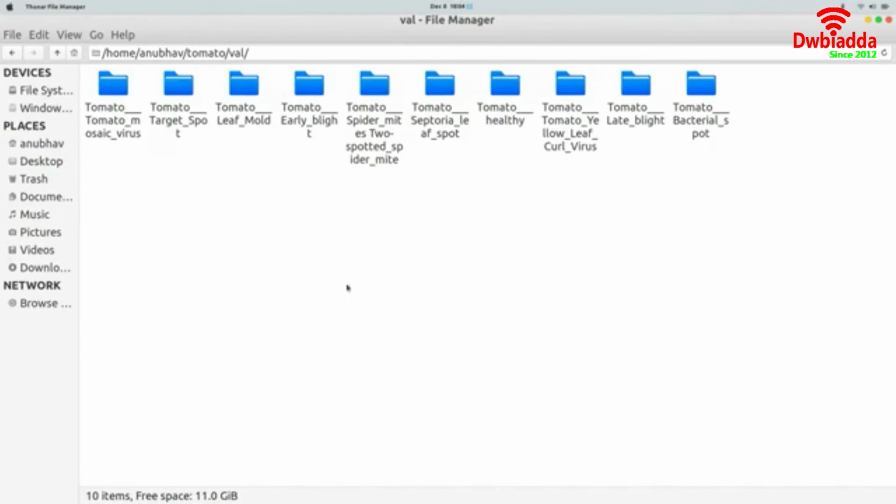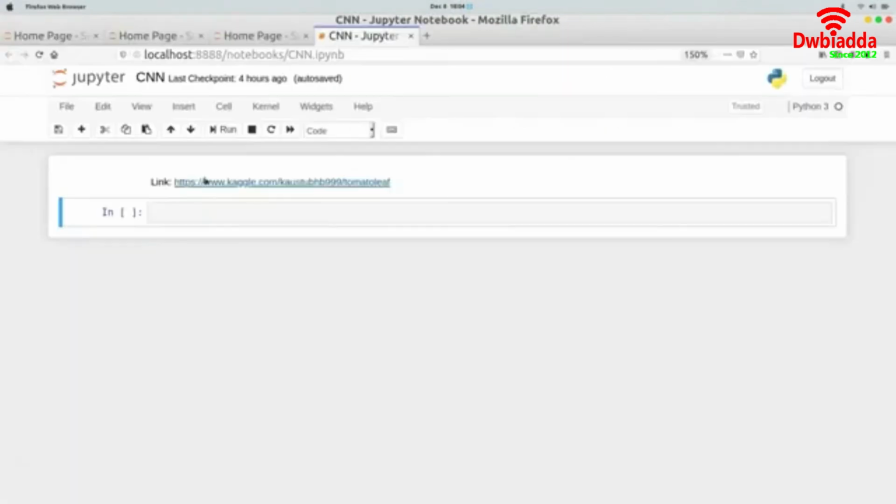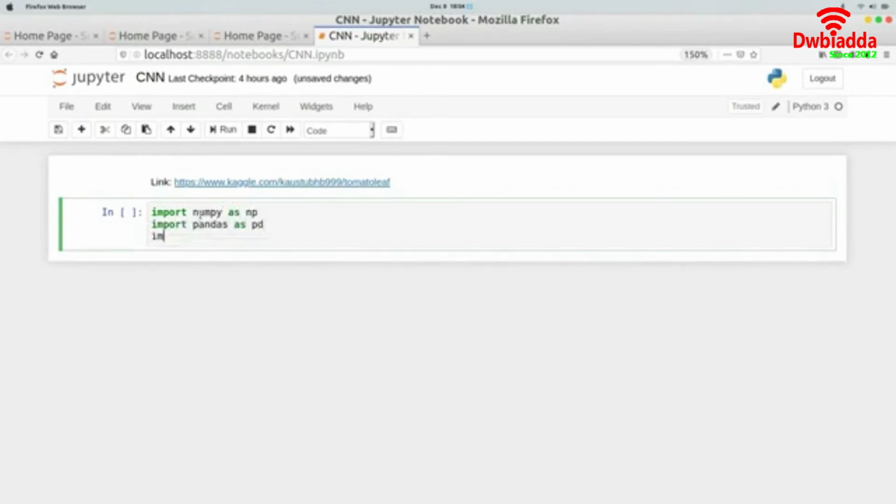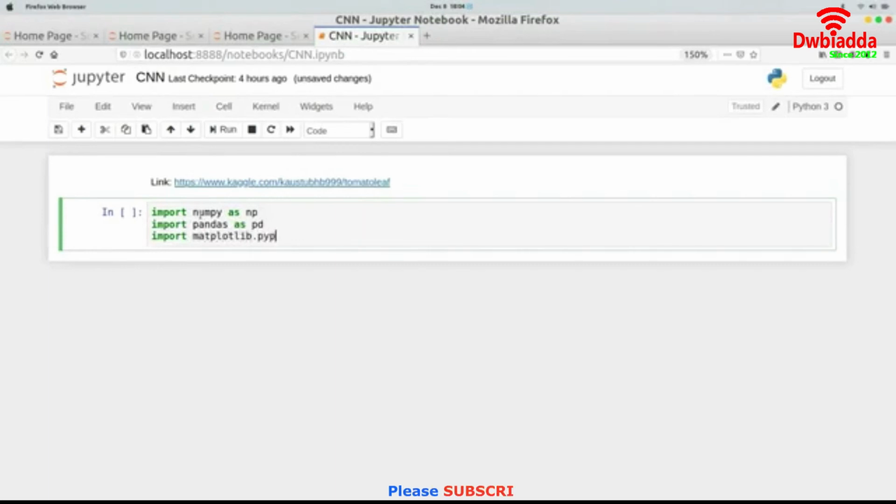So I will go and find my Jupyter notebook now, and import the required libraries. I will import all of the basic libraries: import numpy as np, import pandas as pd, and import matplotlib.pyplot as plt.